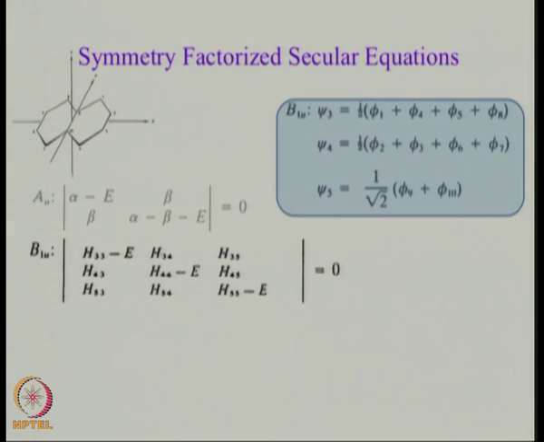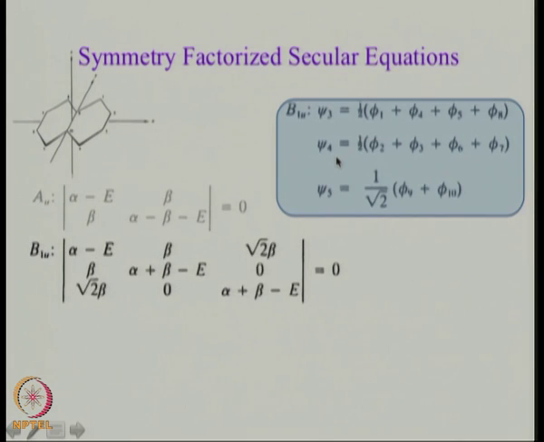Second one, this is the secular determinant for B1U. I request you to please work this out yourselves. Right now, I will only show you the answer, because otherwise it gets kind of boring, but please work this out yourselves and convince yourselves that this is correct. So, this is the secular determinant for B1U, and these are the linear combinations that I have. If I substitute and simplify, this is what I am going to get.